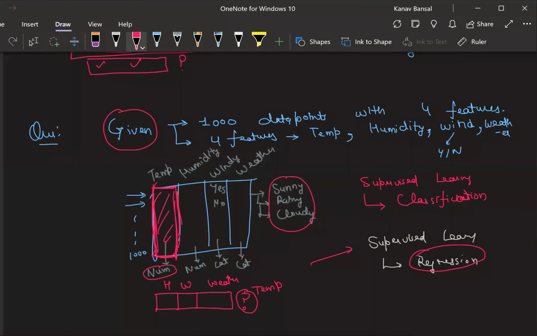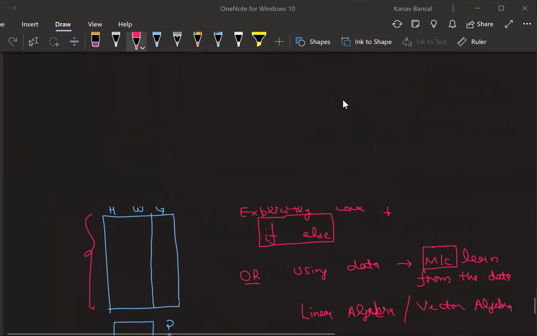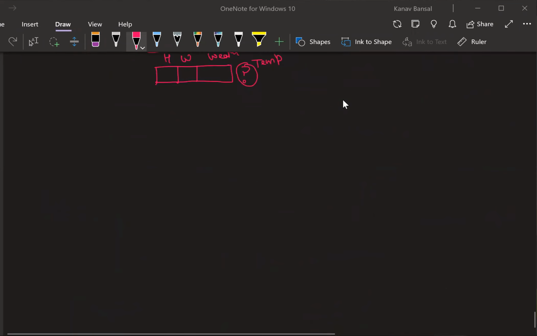How many are able to understand this concept of supervised learning, unsupervised learning, classification, and regression? Everyone is able to understand this? Cool. Now let's try to understand what is unsupervised learning. In unsupervised learning, what is going to happen is,